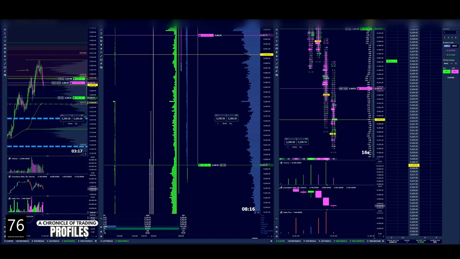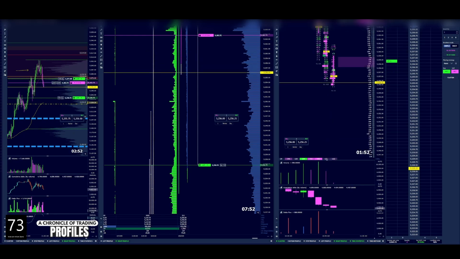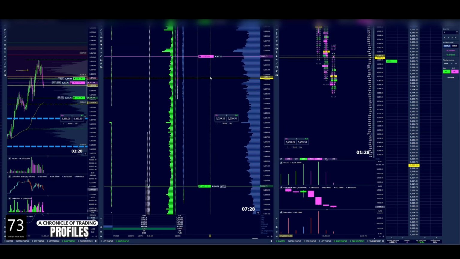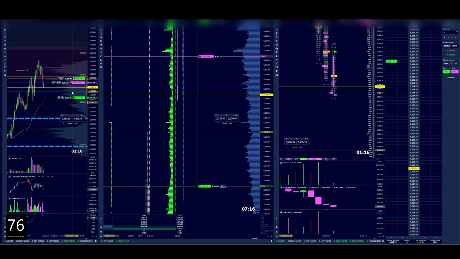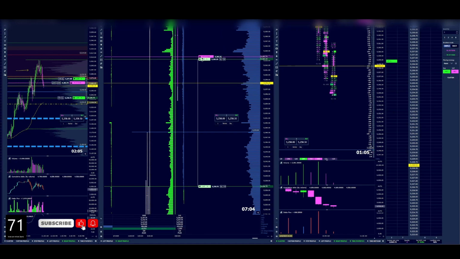But that orange line is the overnight high. So I faded it back into there, but I didn't want to stretch it any farther. Once we did break this, then I thought the next obvious target would be that next swing low there, and then possibly that VWAP. So like I said, I waited for that little micro pullback, and I thought it would either keep going or I'd close out of this if it looked like it was going to